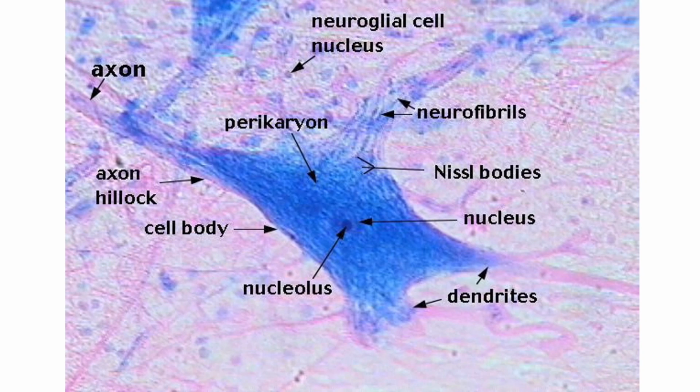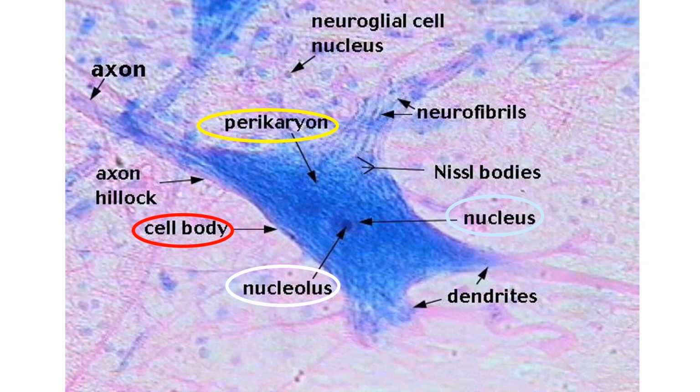Another example showing details of the different parts of the neuron, the basic building block of the nervous system. Why another example? Just so that our eyes and brain become used to this structure. This is the cell body, or the soma, and the cytoplasm of this neuron is the perikaryon. Then we can see the shape and the outline of the nucleus, although it is faint, and inside the nucleus